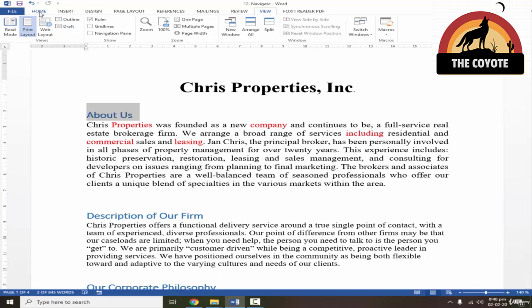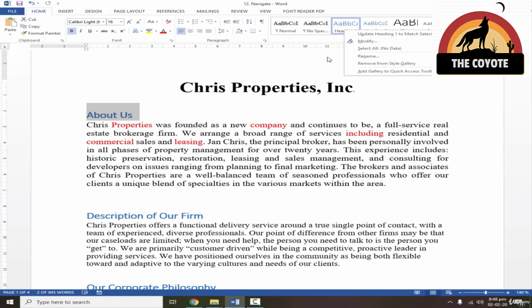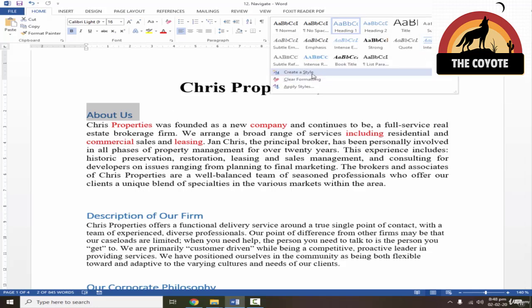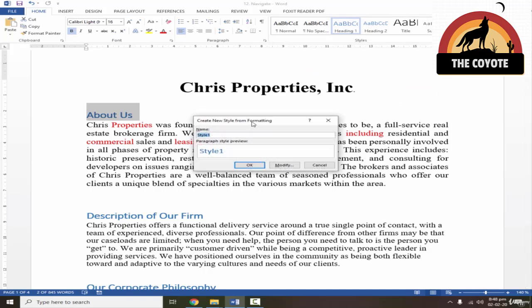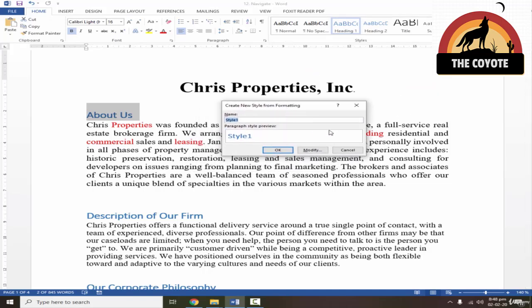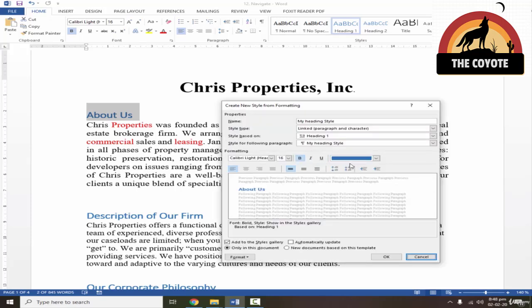I'll go under Home tab, and first of all I'll click on the heading which I selected, click on this More button and then create a style, because I want to create my custom style. So I'll just write my heading style. Now I'll click on Modify and I can customize it.